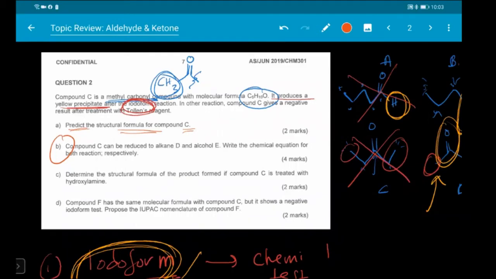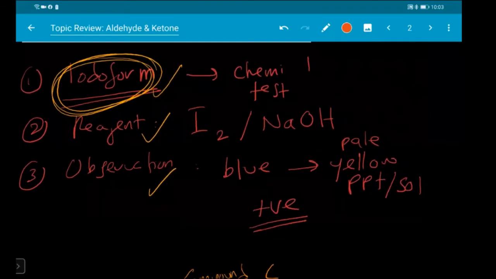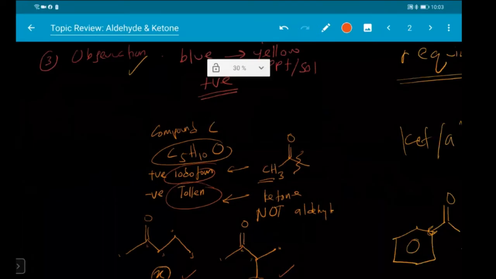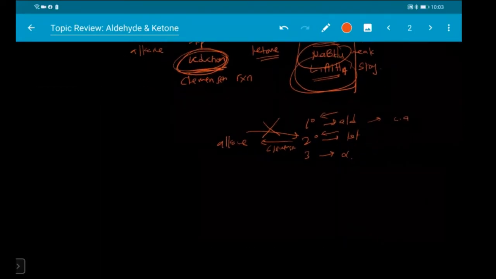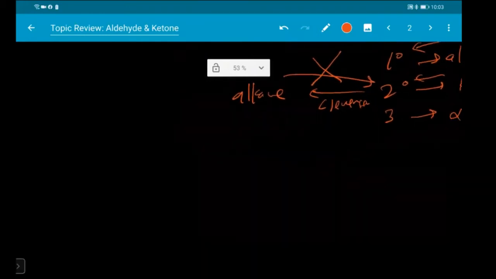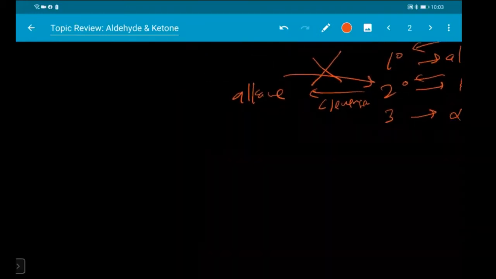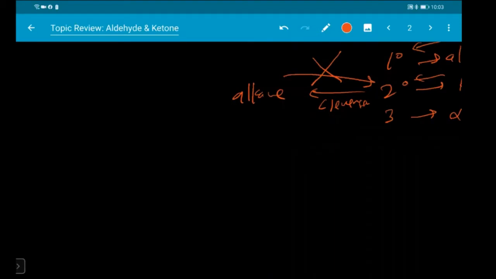Compound can be produced to alkane, and write the chemical equation. Right. So basically, there is a full equation you can check ni. So the idea is, it wants us to give a full equation. Please be careful. Sometimes the question, if it asks us to write down the full equation, it must be a full equation and balanced. Macam ni sebagai contoh untuk yang reduction pertama tu, you have, okay, this is compound D, and just put lithium aluminum hydride, and then we're going to get,